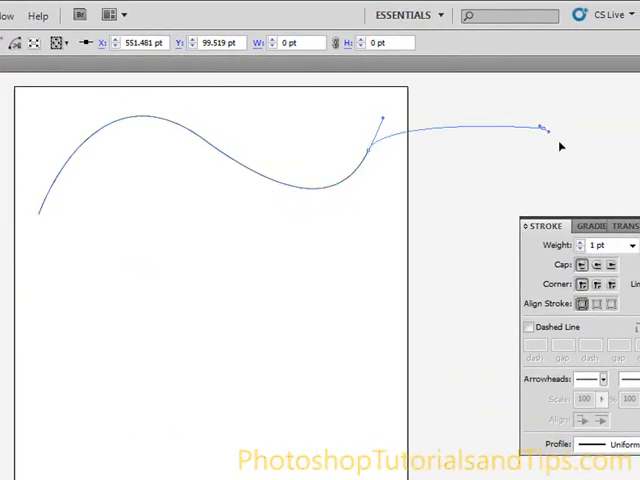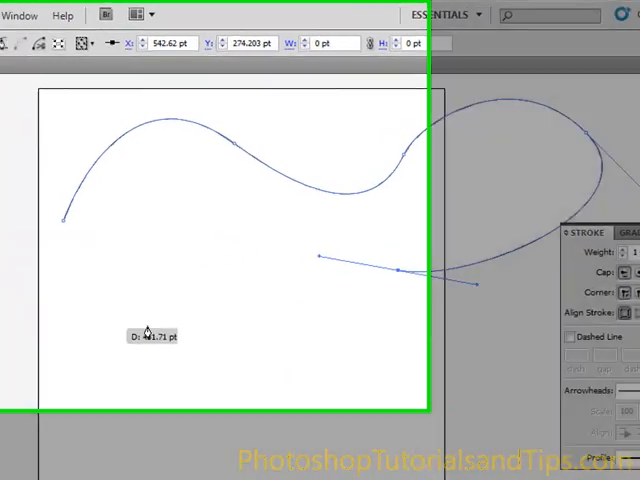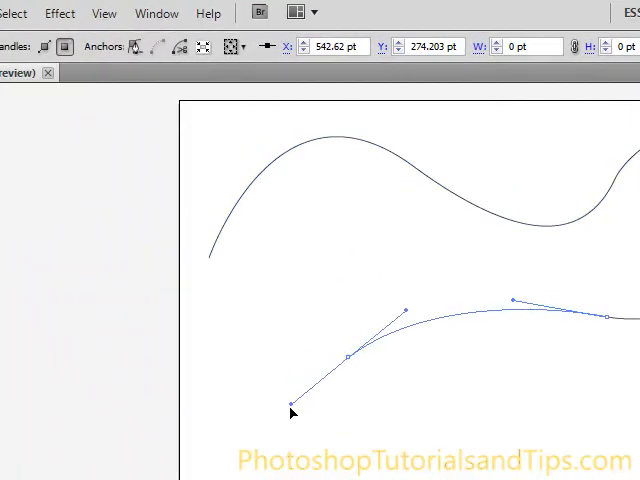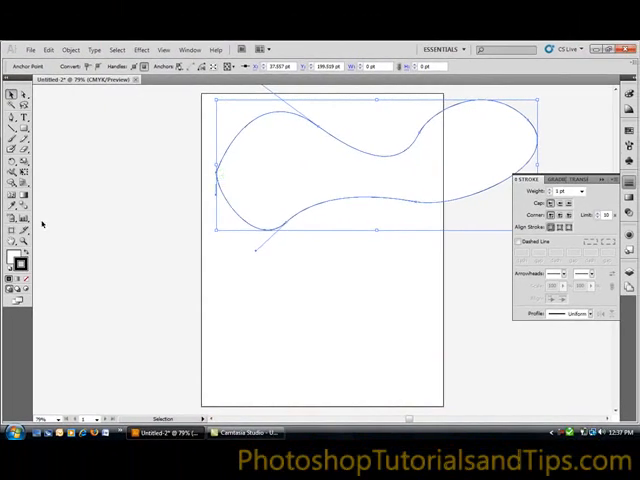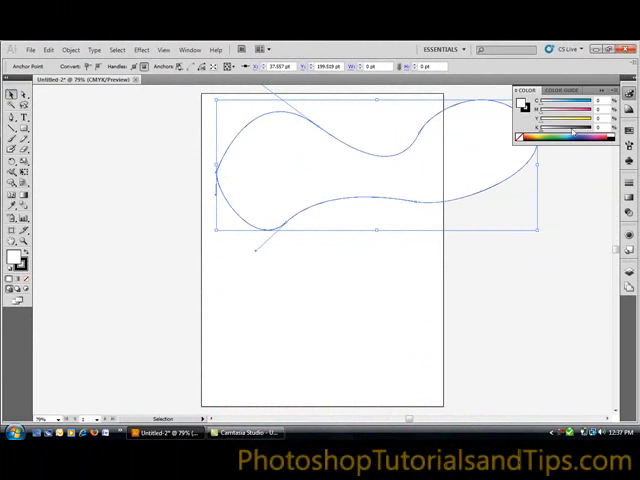If I click here, it's going to continue that path. And then click here, and then click here, then click here. It's like a sunglasses or some kind of shape. Then you close it out, and you can add a stroke or a fill,